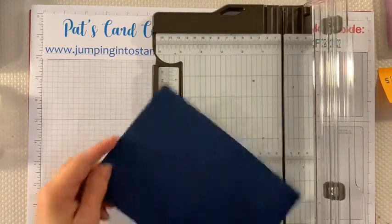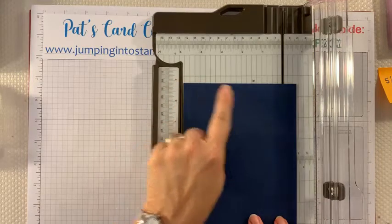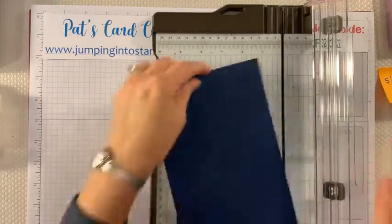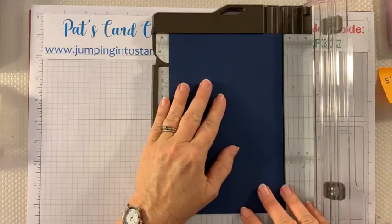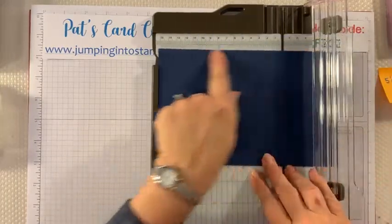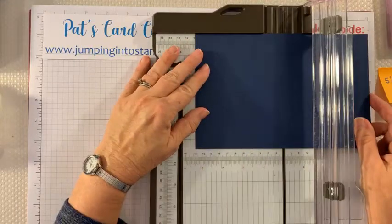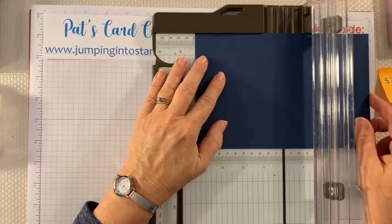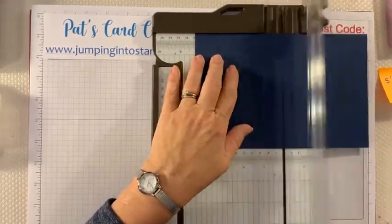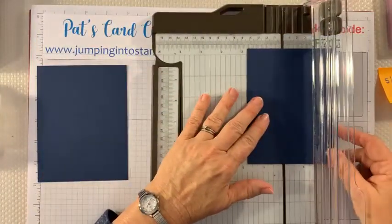So this is the 5.5 inch side, and we want a piece that is 5.5 by 4 1/4. So I can show you 5.5, and we're going to turn it so it's lengthways. This is the 8.5 side, and we're going to cut it at 4 1/4. So we're going to put that aside, and then we're going to take this piece and